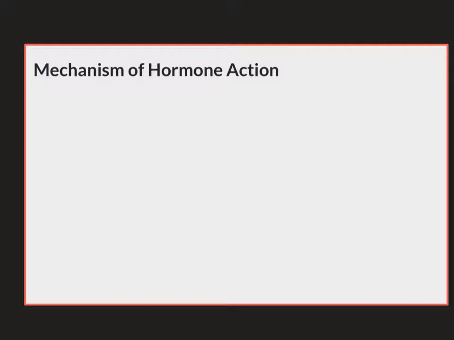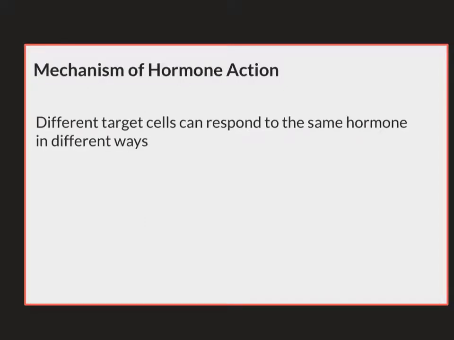As I have mentioned before, the response to a hormone is going to depend on the hormone and the target cell. Different target cells can respond to the same hormone in different ways. Hormones can do things such as changing the permeability of the plasma membrane, stimulating the transport of a substance into or out of the target cells. Sometimes they can even alter the rate of a metabolic reaction or even cause contraction of smooth muscle or cardiac muscle. However, one thing is certain: before a hormone can actually cause a cellular response, it must first bind to